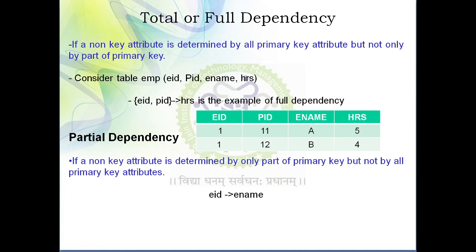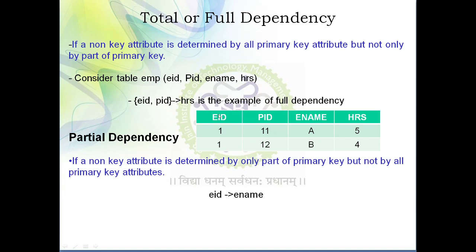The thing is very simple. I want such a combination of attributes which helps us to identify every row of the table uniquely. So in this case, can I say employee ID is a primary key? No, employee ID is not a primary key, because the value of employee ID is repeated. Then what is a primary key?